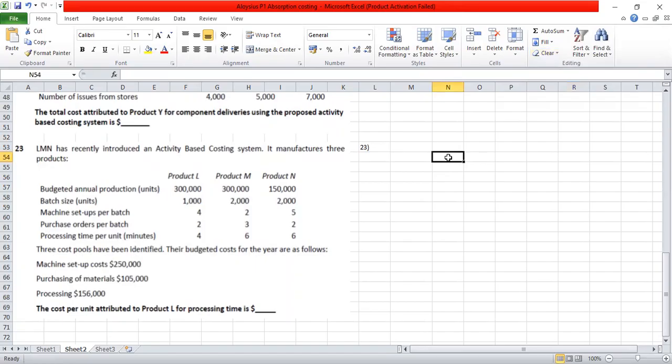There are three products, L, M, and N. We have the units, the production. Units are given as 300,000, 300,000, and 150,000. After that, we have the processing time per unit. Processing time per unit gives us 4, 6, and 6. Okay. So total processing time,